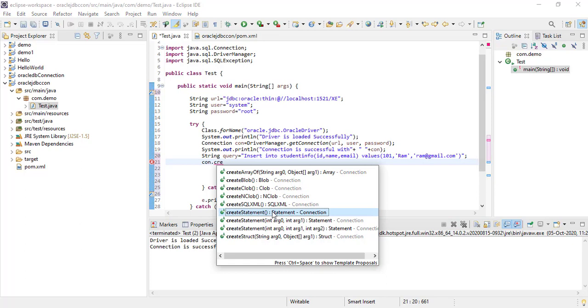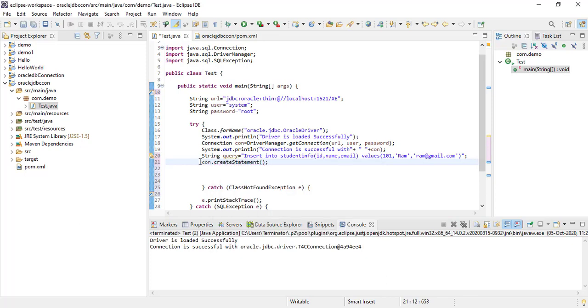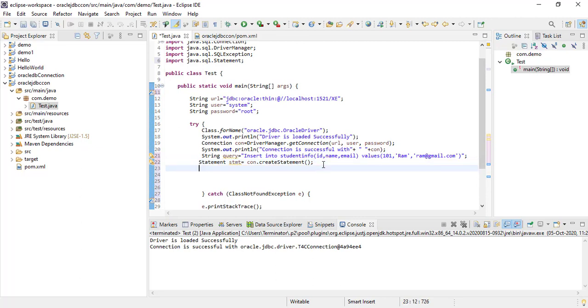This will return one statement object. Using this statement object, I need to execute the query. This execute method will take the query as an input and then save this file.